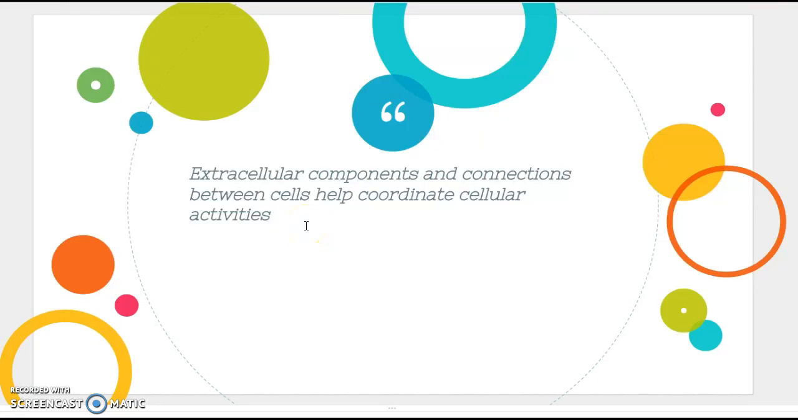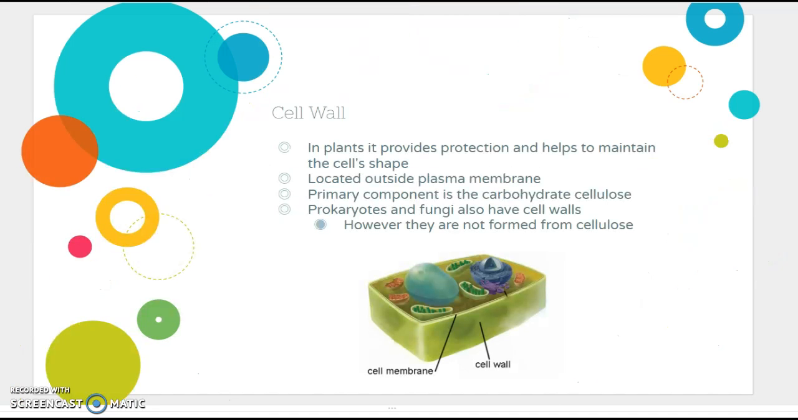The next topic is extracellular components and the connections between cells that help coordinate the cell's activities. So the first thing we're going to talk about is the cell wall. So the cell wall in plants provides protection and helps maintain the cell's shape. It's outside the cell membrane. So if you look in this picture, the cell wall is the outermost layer of the plant cell. It's primarily made out of cellulose. And then there are some other cell types that also have